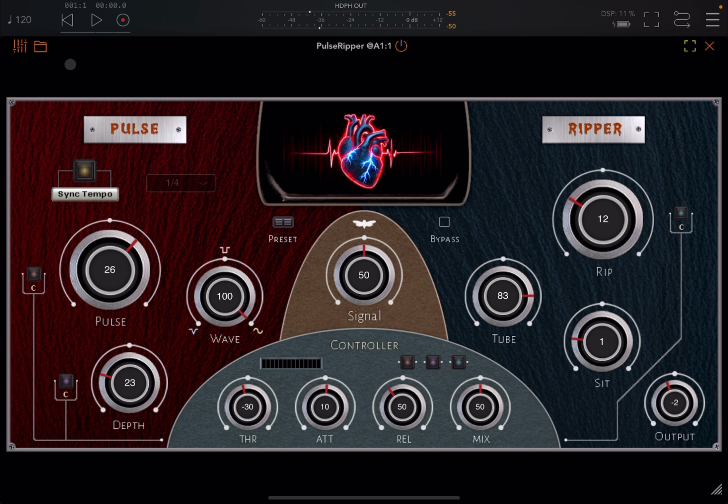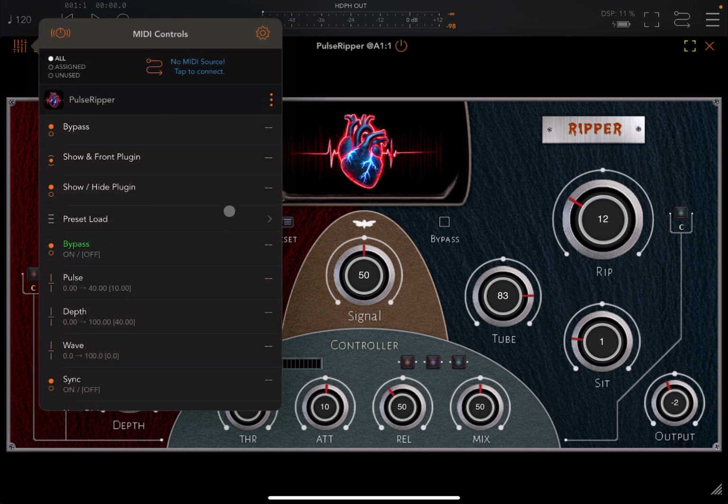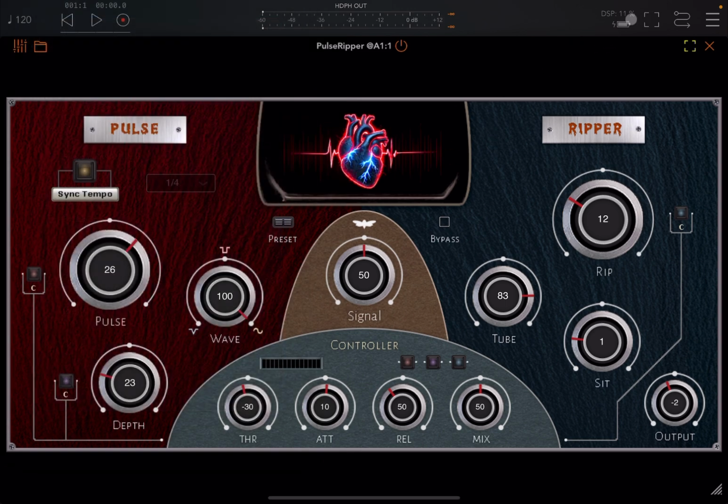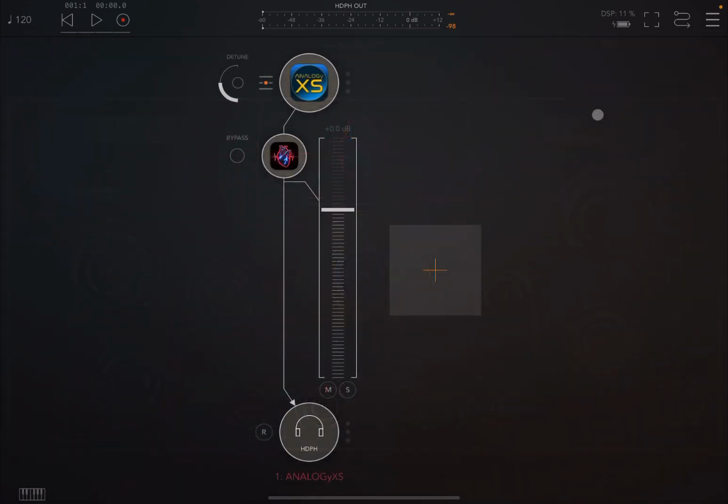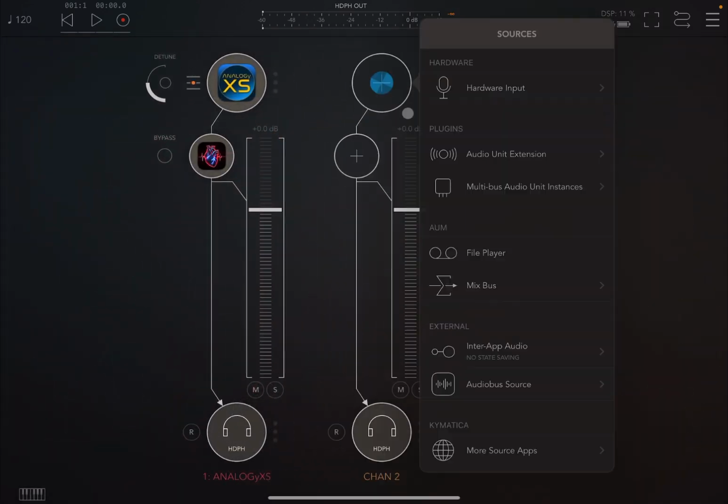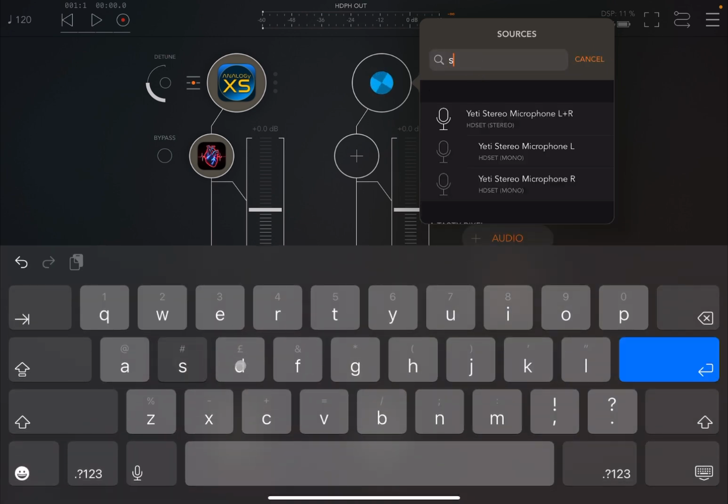Now, in terms of controls, as always, it allows you a lot of different AU parameters being exposed. In terms of usage, DSP is quite good, so it doesn't go up a lot in terms of percentages, as other tools in this family. So if you create another audio channel and you bring in, for example, a